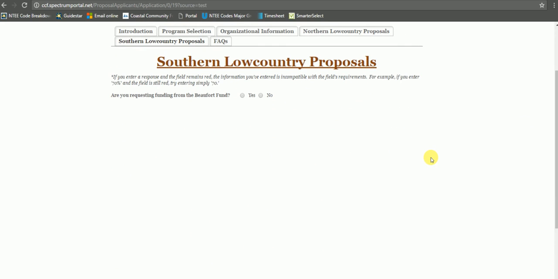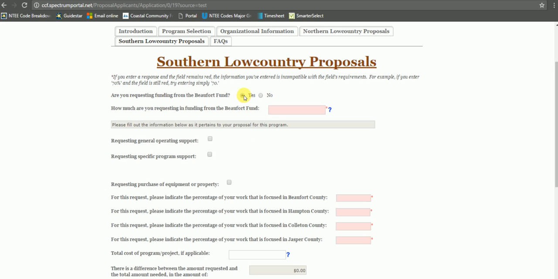We currently have one program that's funding in the Southern Lowcountry in this regional cycle. That would be our Beaufort Fund. Beaufort Fund funds in Hampton County, Beaufort County, Jasper, and Colleton counties. If you are applying for funding from the Beaufort Fund, you'll select Yes here, and it'll